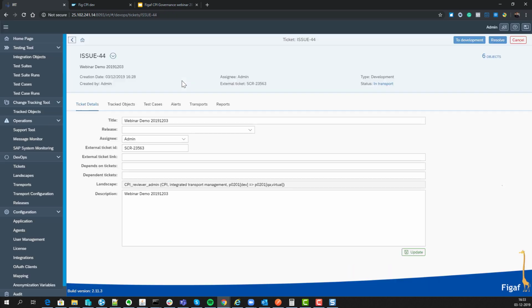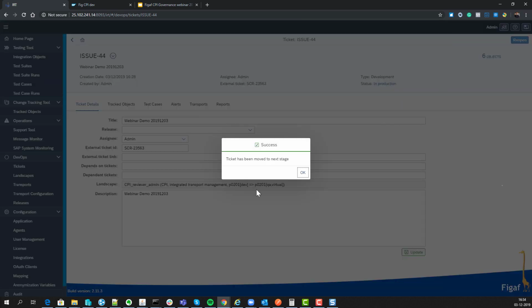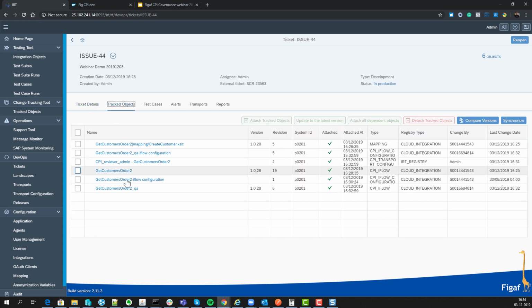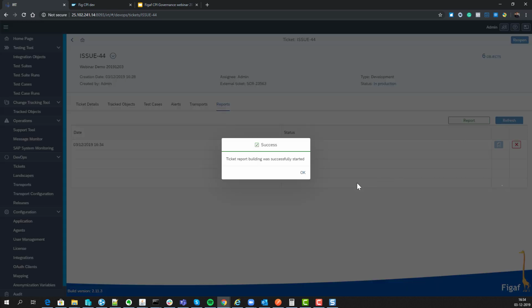So now we have done our transport, and we obviously would need to go through the different landscapes and apply it and configure it there. Next up, we will set it to resolved, and then there's no more need to do different work on this. We can look at all the objects that have been assigned to this specific ticket, and then we can go here, we can create our report,